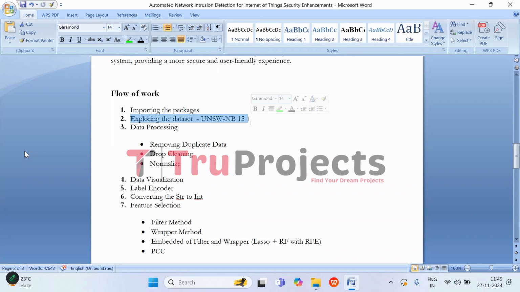The next step we do is we load and inspect the UNSW NB15 dataset. This contains network traffic data to understand its structure and the types of information it includes. The next step we do is data processing, where we identify and remove duplicate records from the dataset to ensure